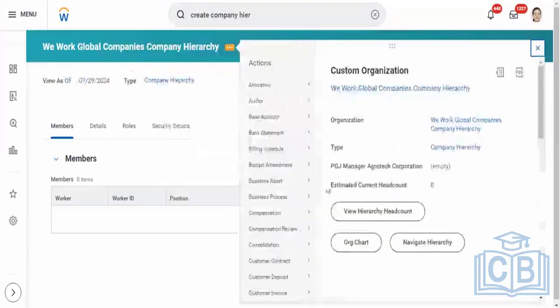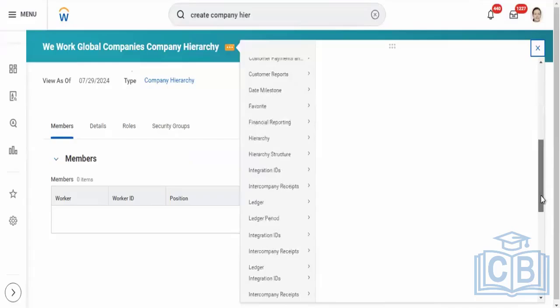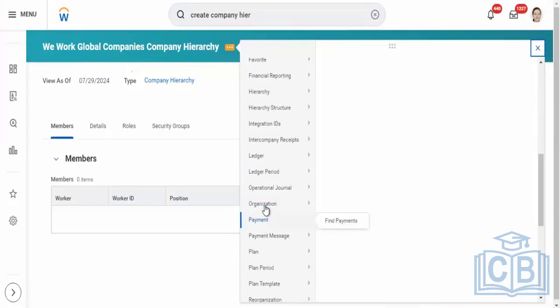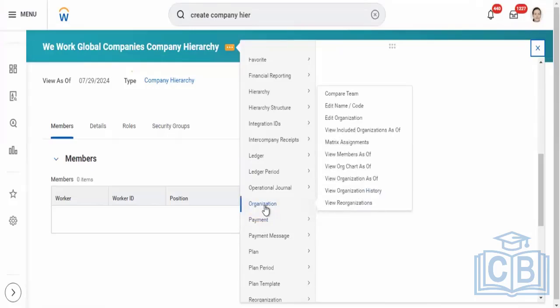If it is not there, we'll find it here. So you can see here in the hierarchy or any organization, if you go, you can find organizations, view reorganization. If you select this,